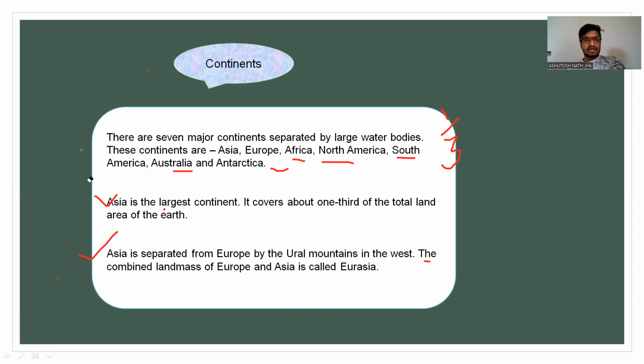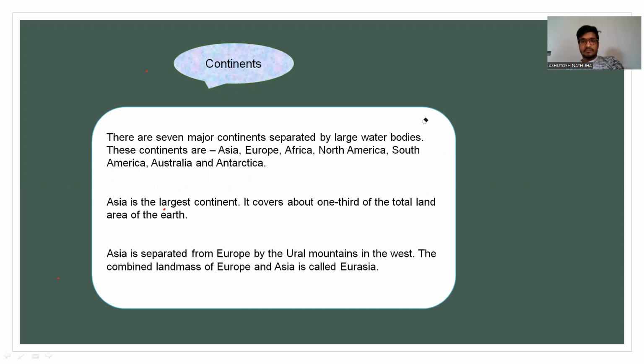So this is all about continents, and there are 7. First one is Asia, second Europe, third Africa, fourth North America, fifth South America, sixth Australia, and seventh Antarctica. Okay, student, is this clear now? Yes, very good, student. So now